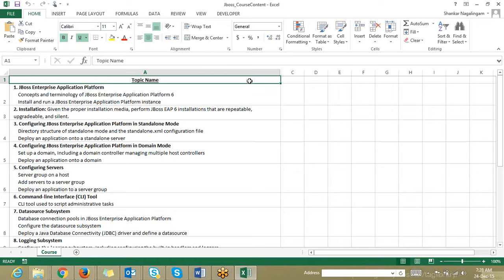JBoss application server coming after the JBoss standard edition 6.x, they kept it with a different name in a different site called Wildfly. Wildfly is also an open source JBoss community, but they've given a different name, different portal, different address for that. Clear? Any questions?